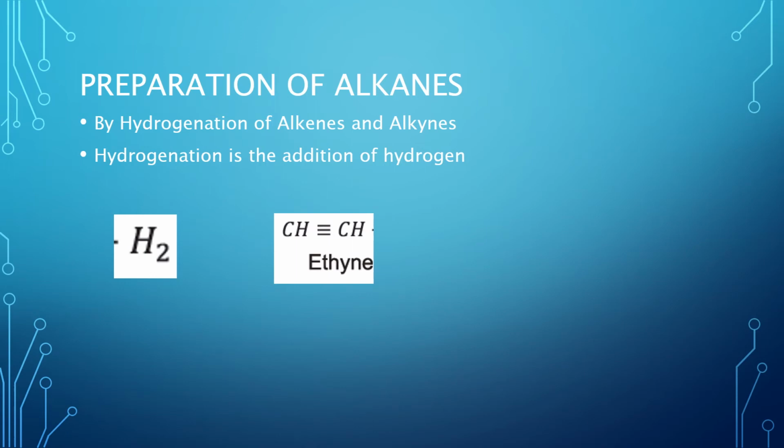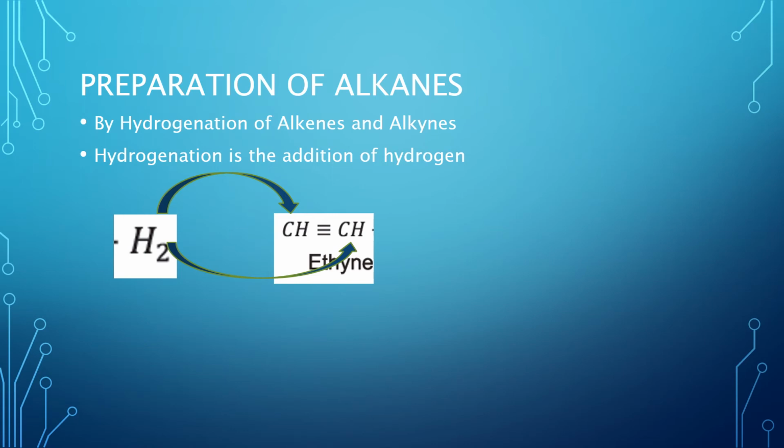Here you can see the molecule of ethyne containing 2 carbon atoms attached with a triple bond. Between the 2 carbon atoms there is a triple bond, and each carbon has 1 hydrogen atom. So the hydrogen molecule is added to the ethyne: 1 hydrogen atom from this hydrogen molecule is added to 1 carbon atom, and the second hydrogen atom will be added to the other carbon atom. Now, as the hydrogen atoms are added, each carbon makes a bond with a hydrogen atom.